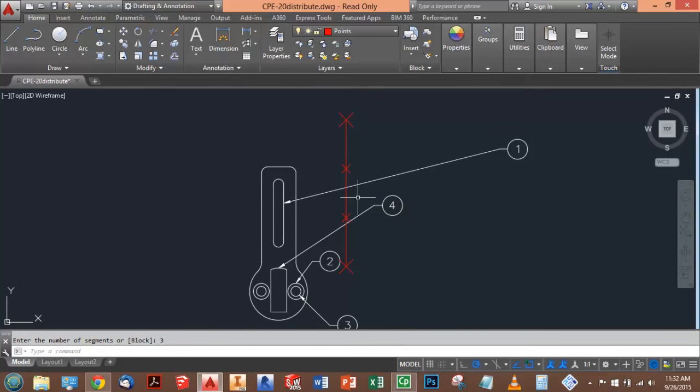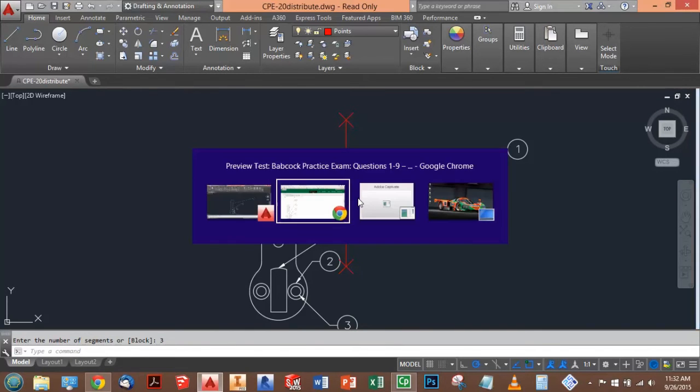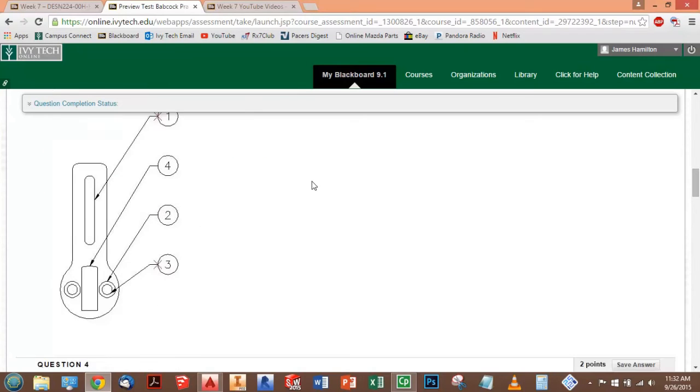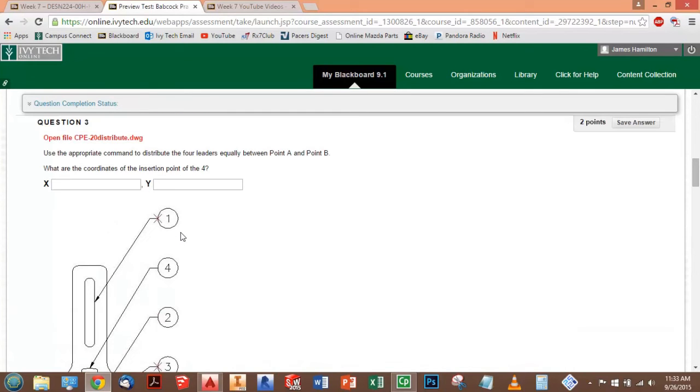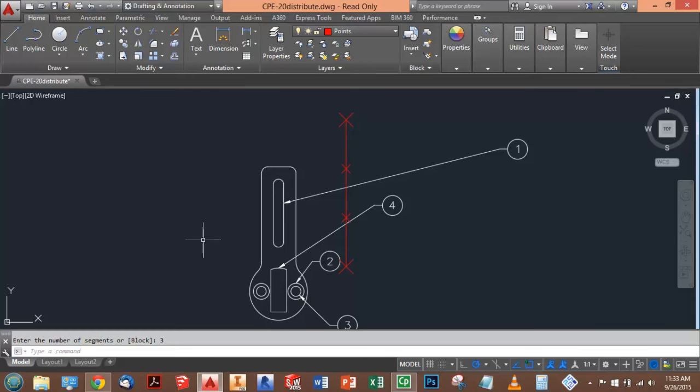And at this point, here's another part where they try to waste your time. Most people would say, okay, well, let me take all these leaders now and match them up to all their little X's and make sure all the arrowheads are all the right places. All you really need is to make sure that the insertion point of 4 is where it's supposed to be. So let's go back and just put this one where it goes and skip the other 3 and save ourselves some time. So I'm going to take this and